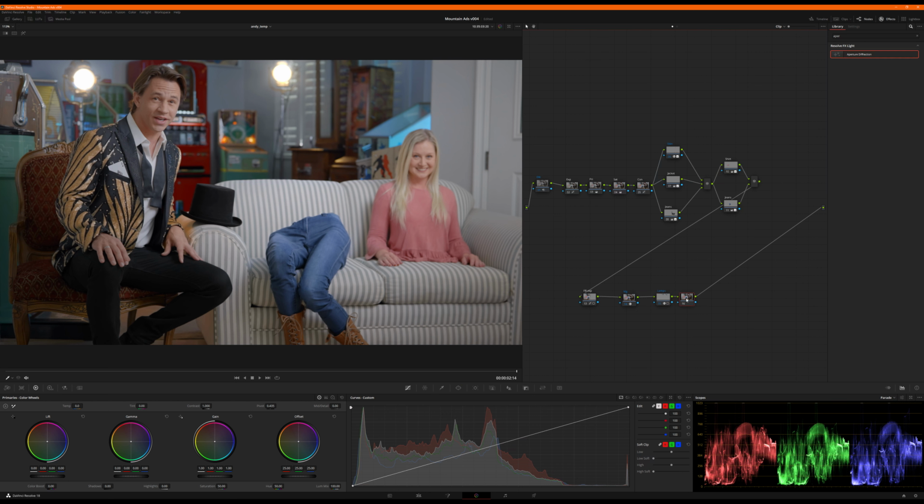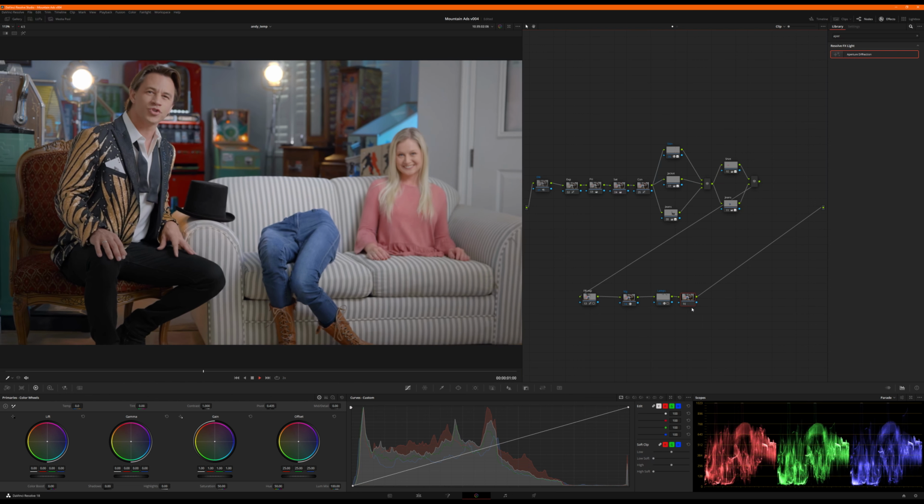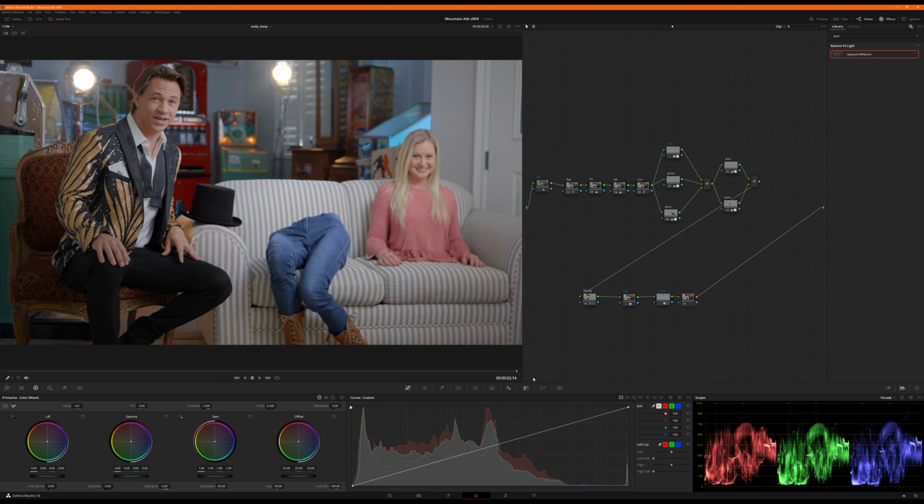So we're getting toward the end here, so our lamps are in. I'm going to add our lab node. I definitely want to, I keep doing that, hitting the wrong button. I definitely want my overall lab cleanup on the bottom end. So I'm going to drop it to lab color space, and I'm going to roll down shadows right here, ever so slightly,